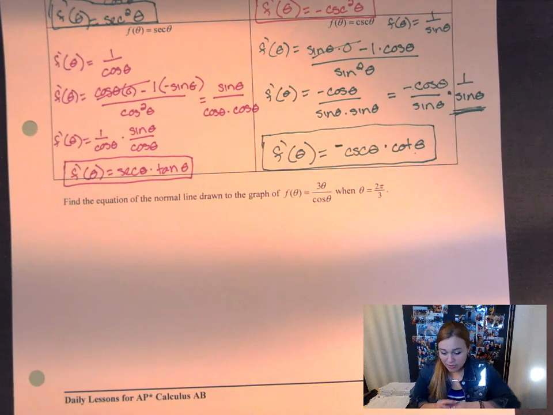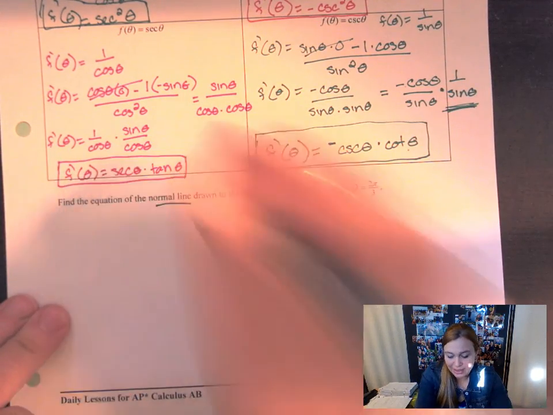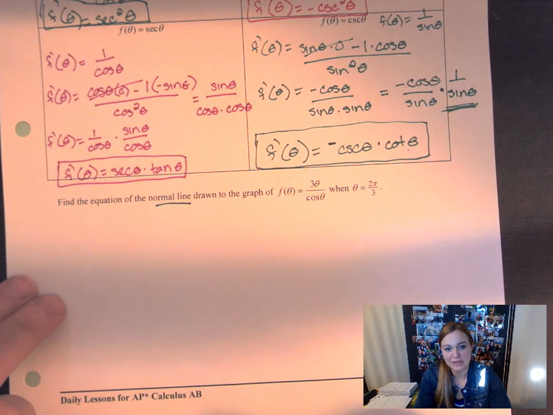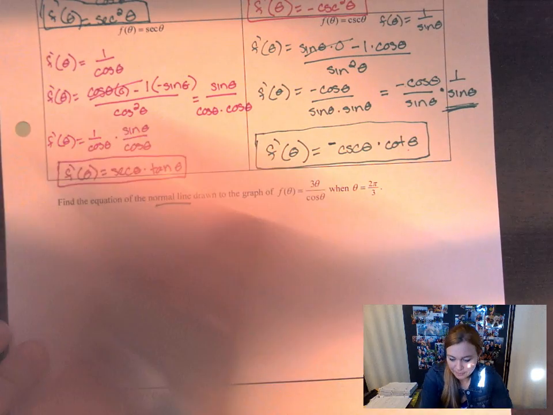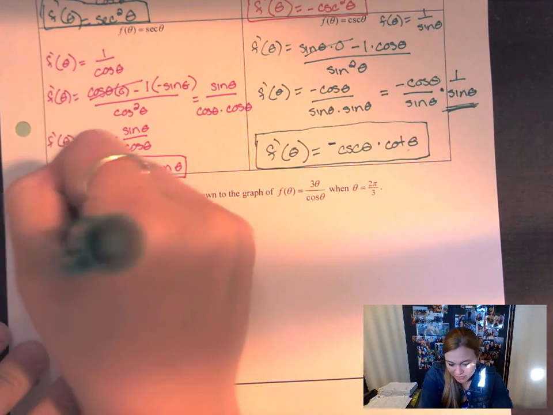So let's do another one. This one says, write the equation of the normal line. Hey, the normal line I know is perpendicular to the tangent line. So if it's perpendicular to the tangent, I should probably find the slope of the tangent line. So f prime of theta